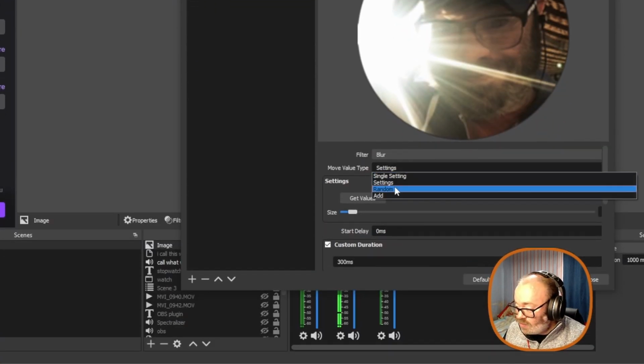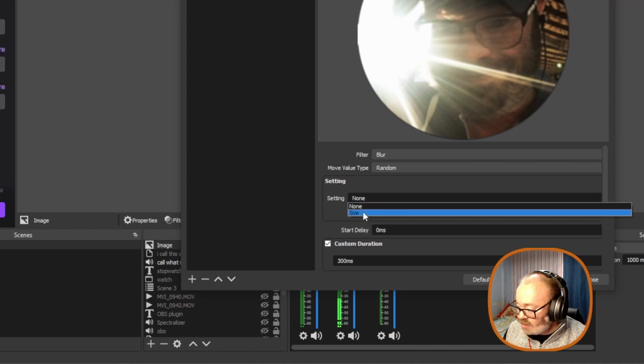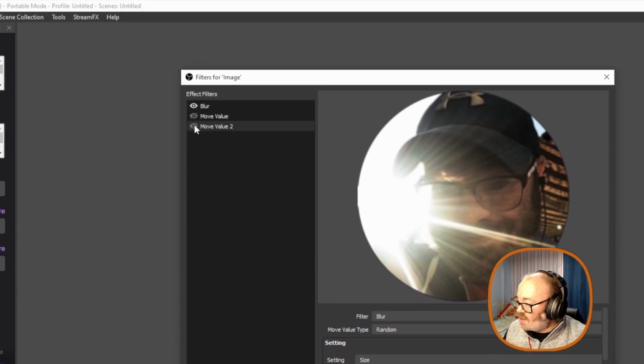Another quite a good one is random. I like this, I do this with my camera border. So I'll drop the link to that video. Or I might even put a box at the top of how to do that as well. But it's a random one. You can select the setting. You can do size. You do a minimum, say 15. And this one now,